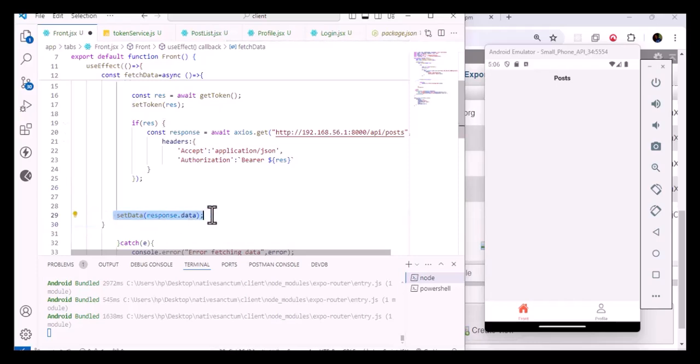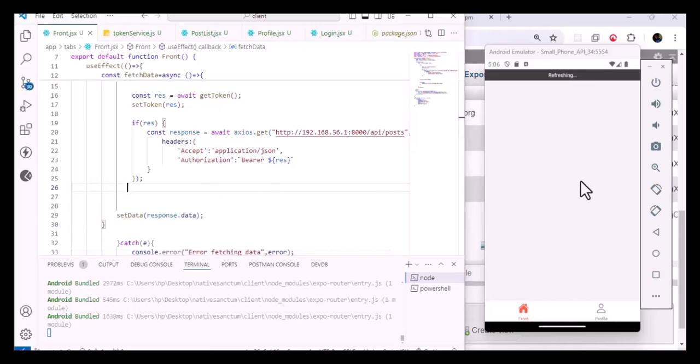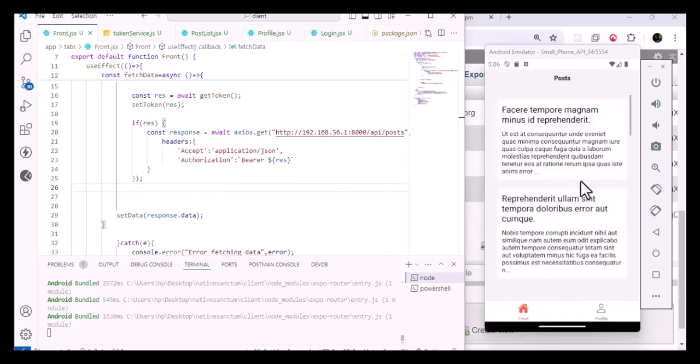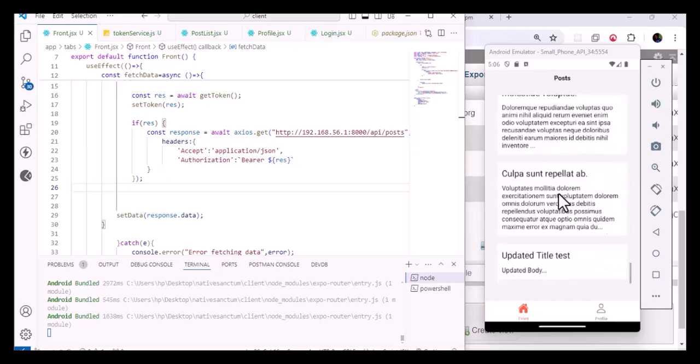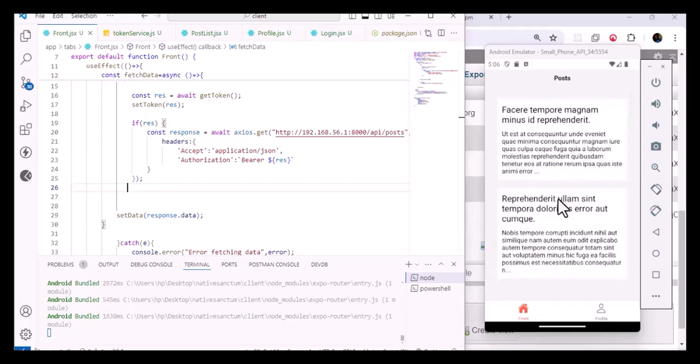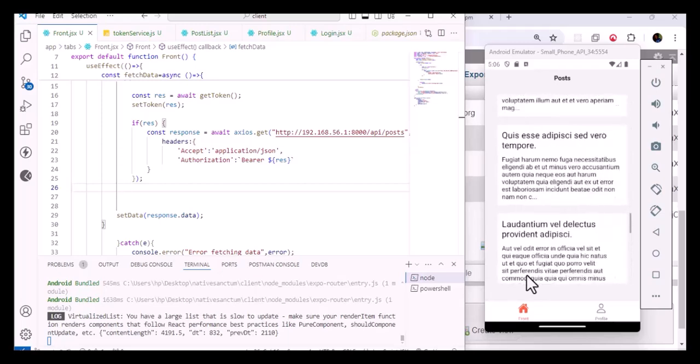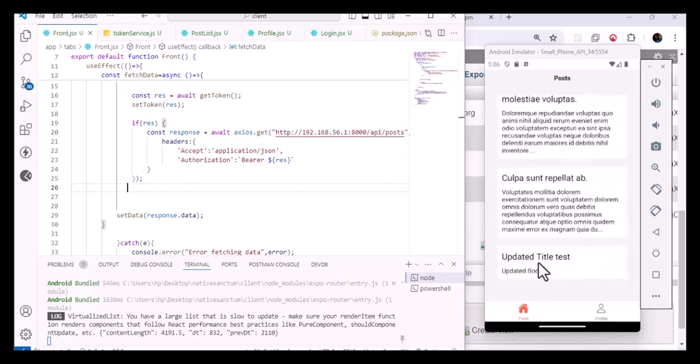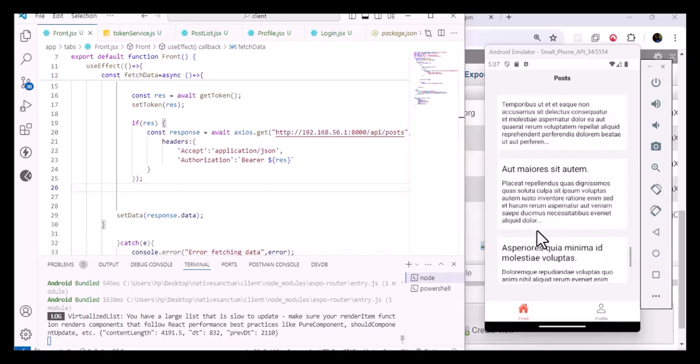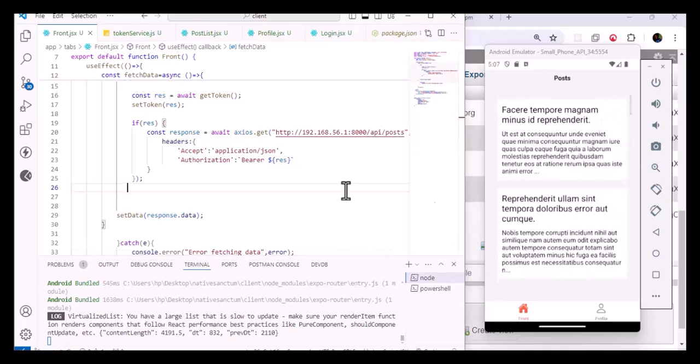After refreshing, we get some data here. As we see, the data is the same. Now we need, as you see, the last data we input is here, update body. Now I want to destroy the token. So in order to destroy the token, let's go to the profile